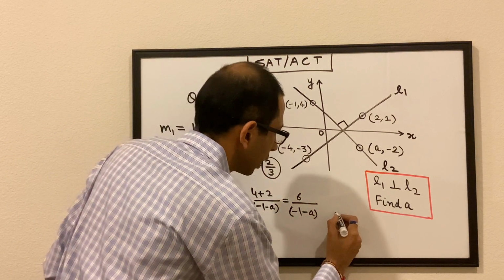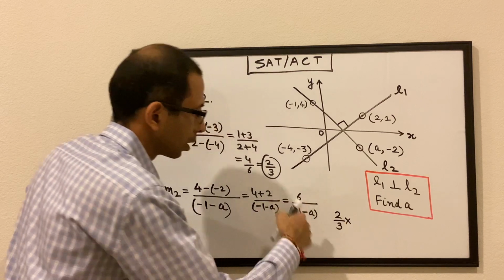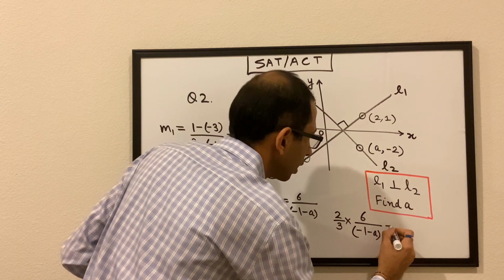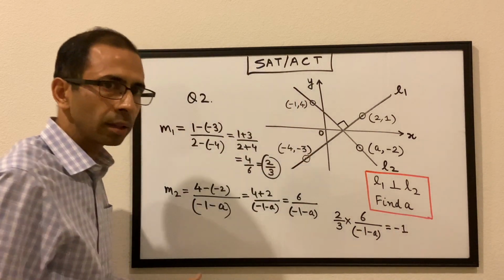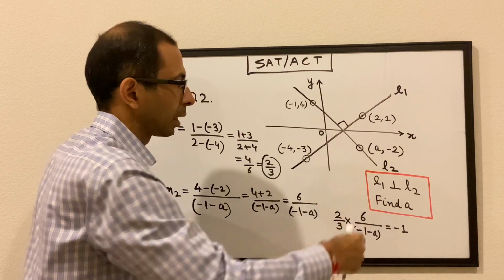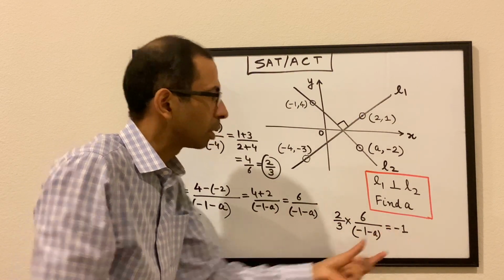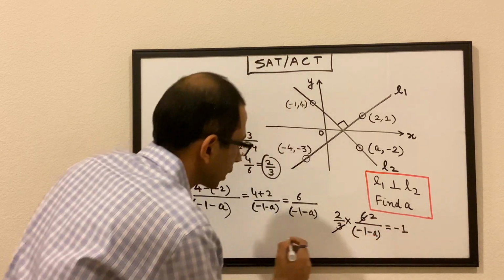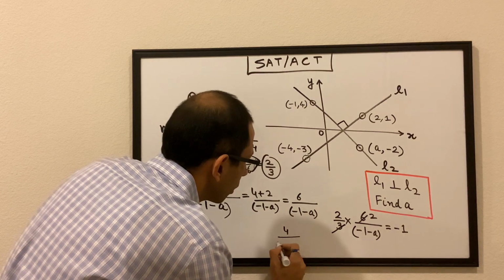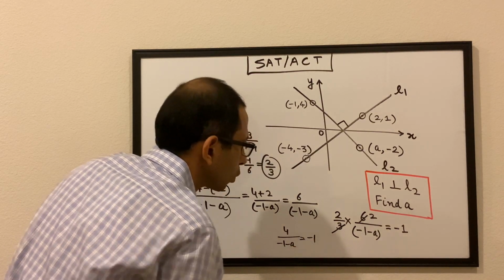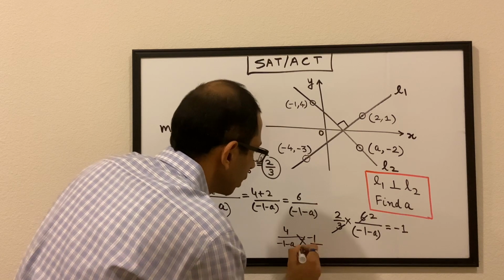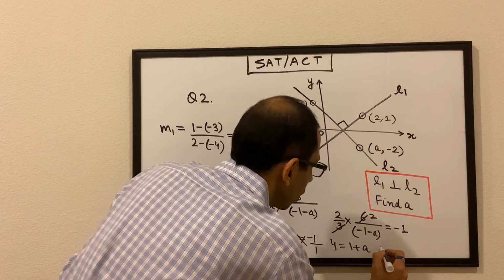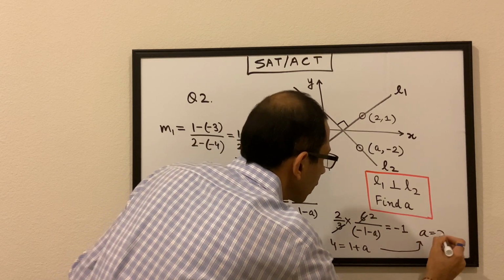So 2 over 3 times this slope, 6 over minus 1 minus A, is equal to negative 1, right? The slopes of each of these lines, the product of those has to be equal to minus 1 because these are perpendicular to each other. Now we can solve this and we will get 4 over minus 1 minus A is equal to minus 1. We can do cross multiplication and we get 4 is equal to 1 plus A, or A is equal to 3,